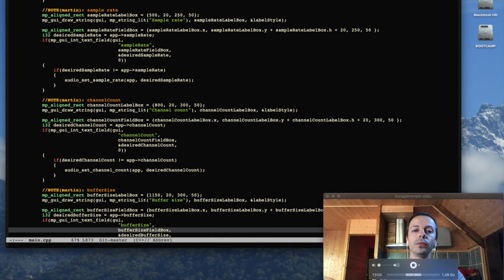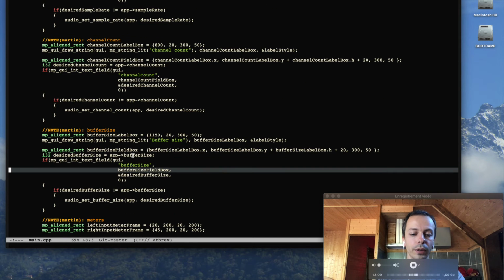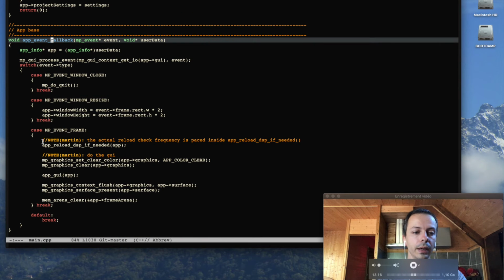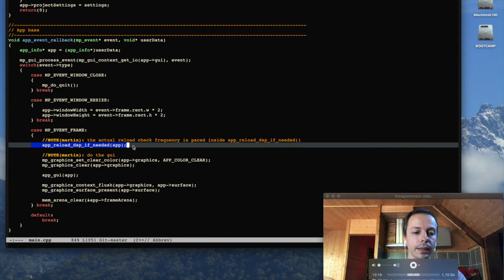So now we are going to tackle something a little bit different. You may have heard that reloading the DLL stopped the audio, because as we are doing now, the reloading is called from the event callback. Here in my frame event, I check if the DLL needs to be reloaded, and it will be reloaded in this thread, which is different from the audio thread. So there is a synchronization problem. I think we would also need to stop the audio if we did the reload as we do here, but in the audio thread, because the time it takes to reload the library may be longer than the time it takes